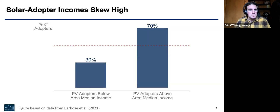Just to be able to picture this, in this plot, we look at the percent of rooftop solar adopters that earn less than or more than area median income. If solar were just randomly distributed with respect to income, we'd expect this to be about a 50-50 split. But we clearly see that those earning less than area median income are underrepresented by about 20 percentage points. So again, the skew is not complete. There are clearly a lot of low and moderate income adopters, but there is this obvious definite skew towards high income